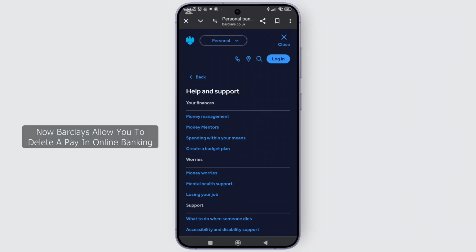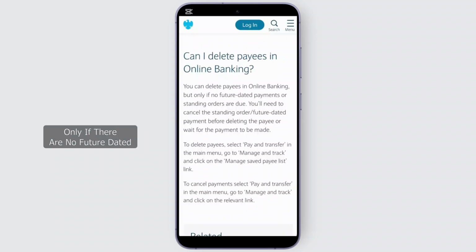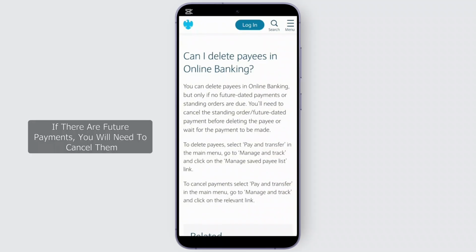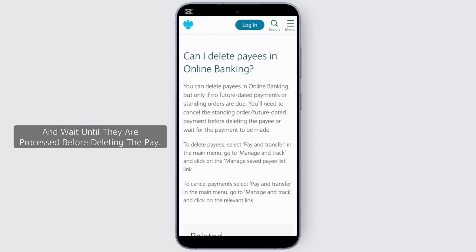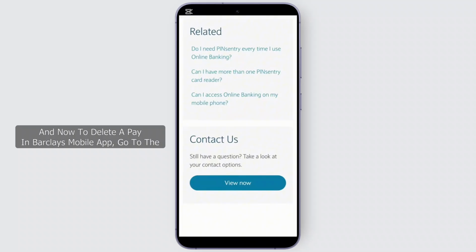Now, Barclays allows you to delete a payee in online banking only if there are no future dated payments or standing orders scheduled. If there are future payments, you will need to cancel them and wait until they are processed before deleting the payee. And now to delete a payee in the Barclays mobile app, go to the Pay and Transfer